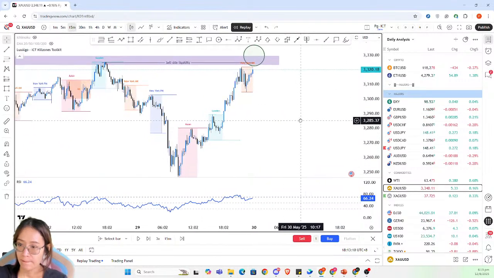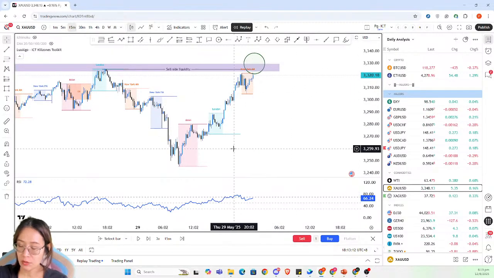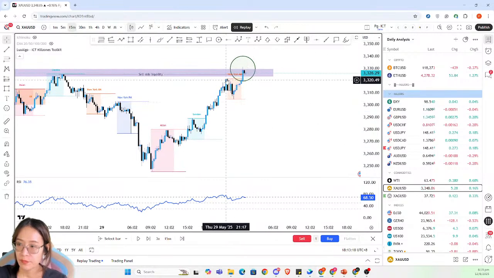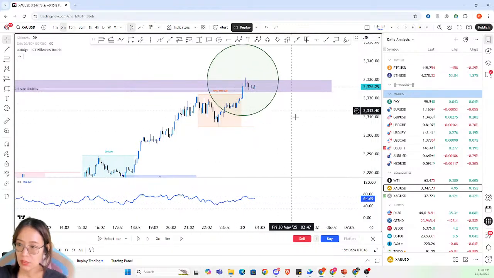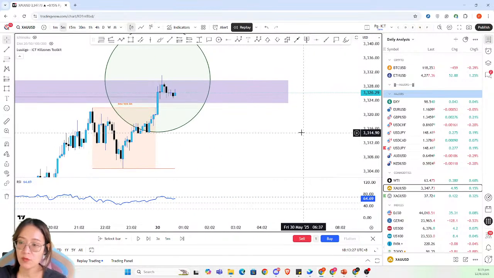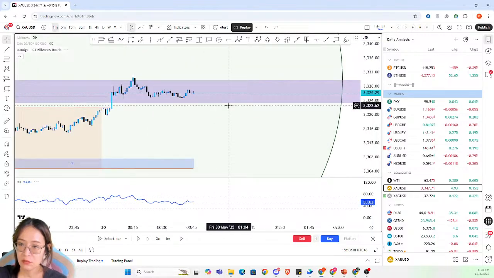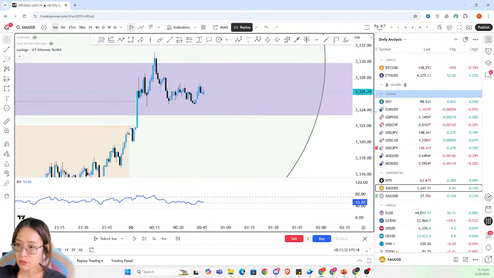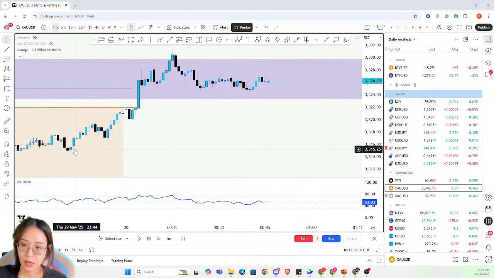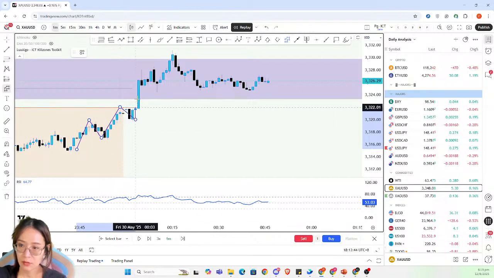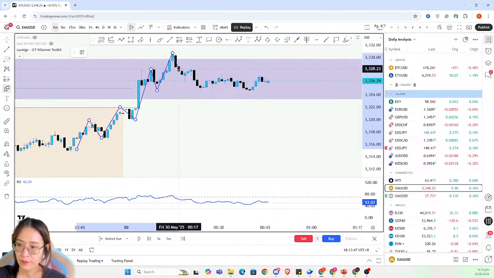This is going to be sell side liquidity, New York session AM. Boom, let's say you sell here in the lower time frame and then you have a very tight stop loss, you will get stopped out. What you want to see here in the lower time frame is a market structure shift within the purple box. Now in the lower time frame, what do you see? Price makes a higher high, higher low, higher high, higher low, higher high, higher low, higher high. Still makes the higher low and makes